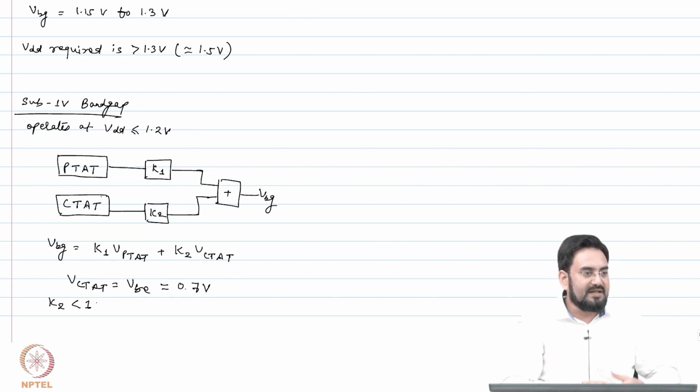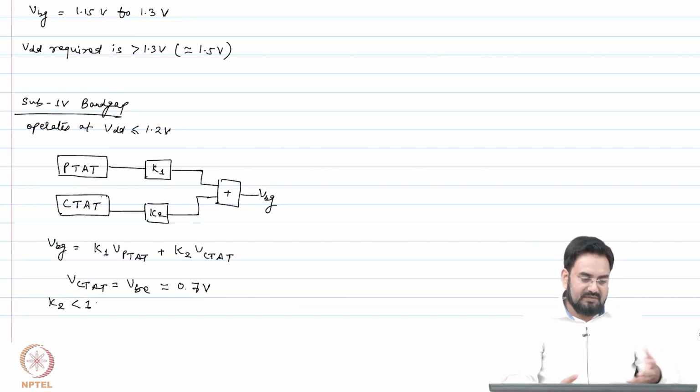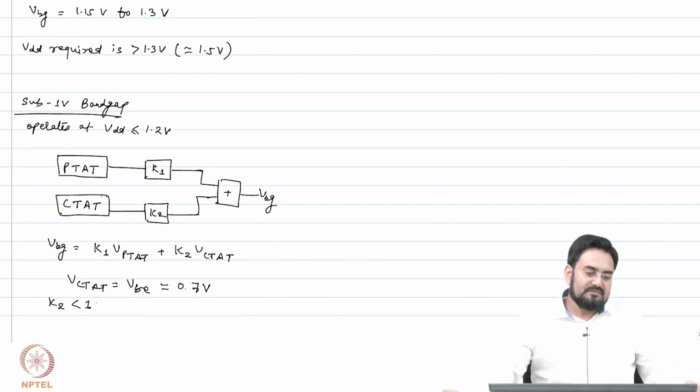So, now you choose K1 and K2 based on what voltage you require. You can design it for 300 millivolt, 400, 500, any voltage you want, and that will define your K1, K2. We will look into how we design this. So, you can design any value actually less than 1 volt. It is not that you will get a fixed 1.2, just like a fixed 0.6. You can design it for 0.5 volt, 0.6, even 0.2 volt, 0.3 volt. It is up to you what is your output required here.